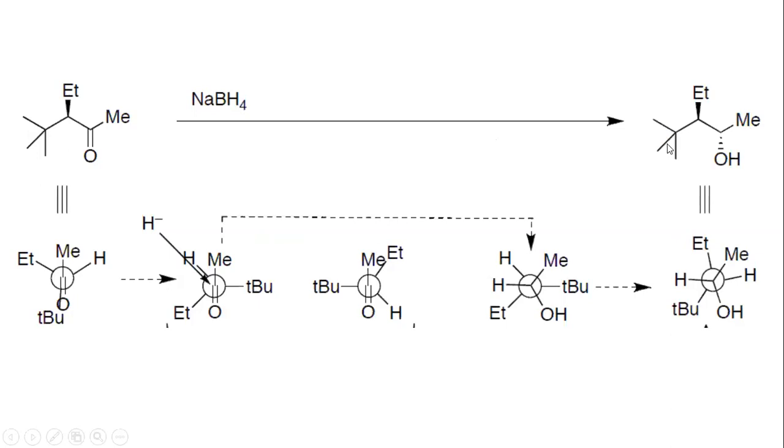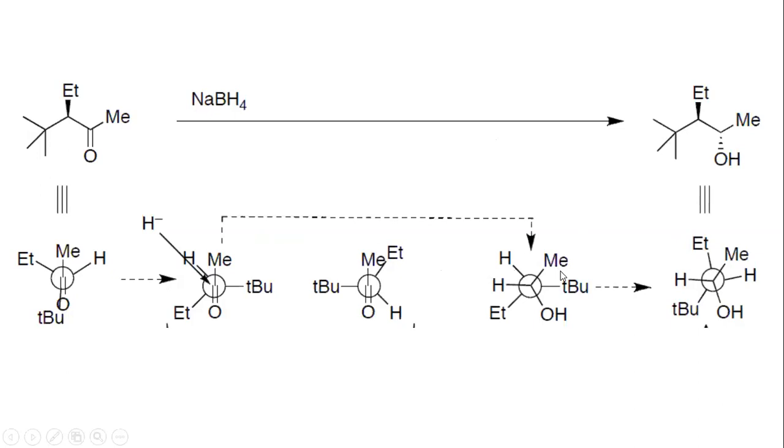The tertiary butyl group on the rear carbon and the methyl on the front carbon are written on the plane and are anti to each other and are on the plane. Now we should rotate one of the carbons so that we make the tertiary butyl group on the rear carbon and the methyl on the front carbon become anti to each other. In this case, see the tertiary butyl group on the rear carbon and the methyl on the front carbon, they are not